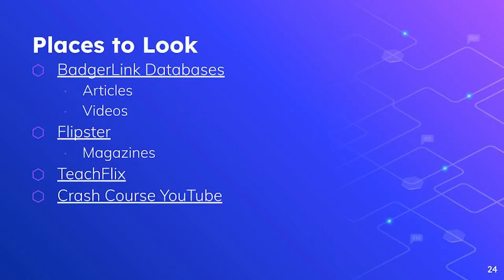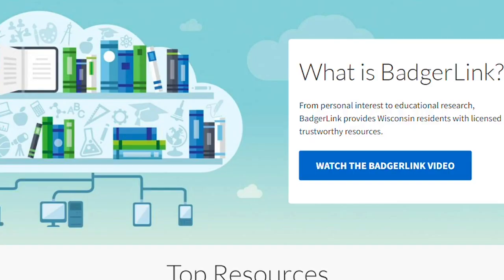To end, I just want to show you a few places that you can look other than Google for some resources. The first is one that I think every pre-service teacher should be aware of. It's called BadgerLink. BadgerLink is a group of databases provided for all Wisconsin schools and public libraries by the Wisconsin Department of Public Instruction. You will have access to BadgerLink through your schools, and you have access now through the UW-Oshkosh Library's website. You can go there directly